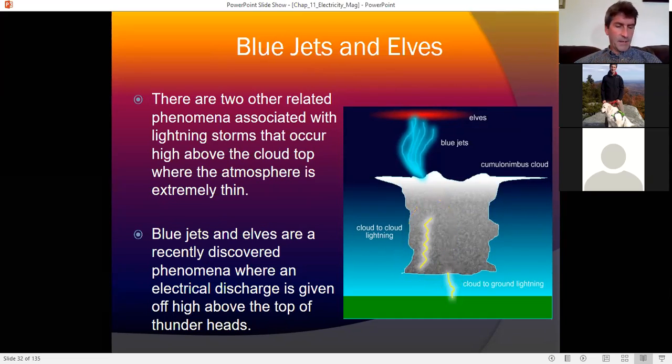So that's typically the lightning that we observe. Rare forms of lightning actually happen above the cloud and can only be observed at night. These are called blue jets, and this is where lightning actually discharges upward. Now remember, for most of these clouds, you're building up charge